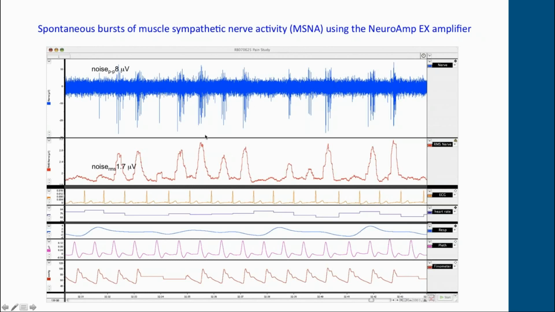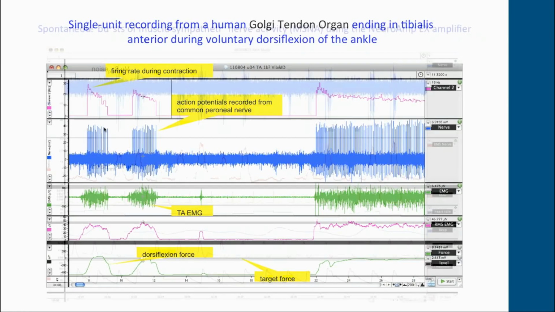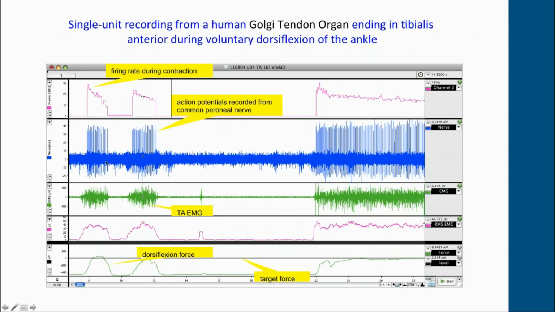And this is an oligo-unitary recording, so you can see the firing of individual sympathetic axons, but we can see groups of axons firing here with a clear cardiac rhythmicity. Using the amplifier, we can also, as I mentioned, record from myelinated axons. These are generating positive-going spikes, unlike the negative-going spikes of the sympathetic axons shown here. Positive-going spikes here recorded from a Golgi tendon organ afferent